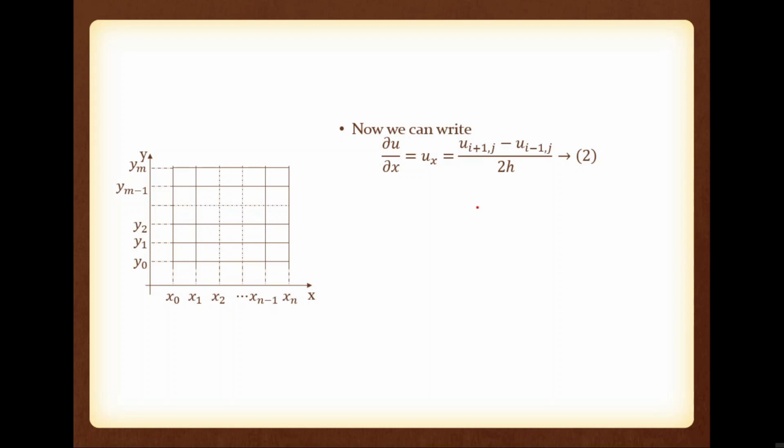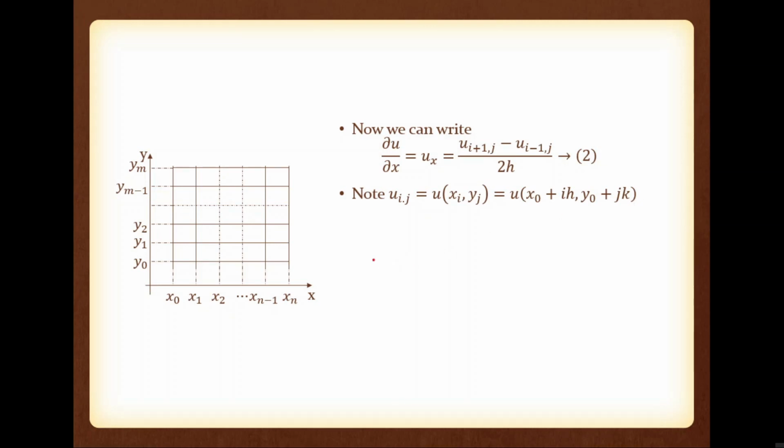Is it okay? So please note this u ij, we already explained about u ij. u ij is the current point. We can write it as u of xi comma yj. u ij means the value of u corresponding to xi comma yj. And we know what xi is: xi is x0 plus ih. Similarly, yj is y0 plus jk. So we can write u ij is equal to u of x0 plus ih comma y0 plus jk. Okay, so leave it. This time it is not so important.